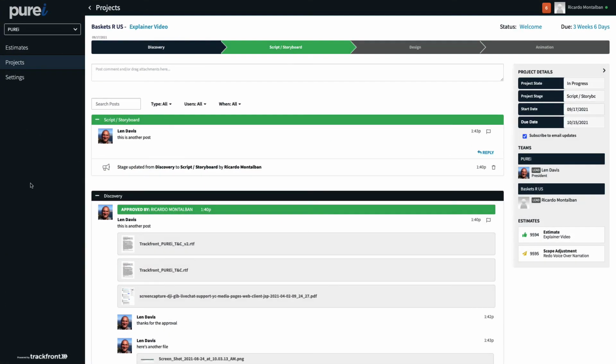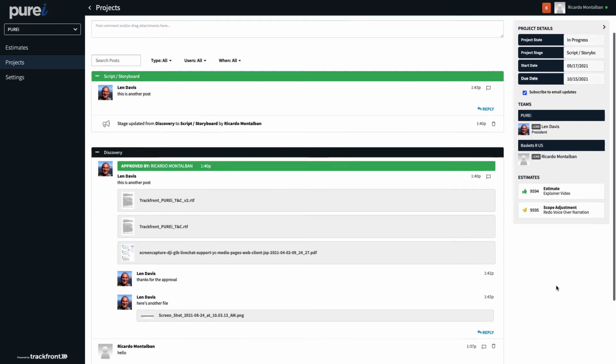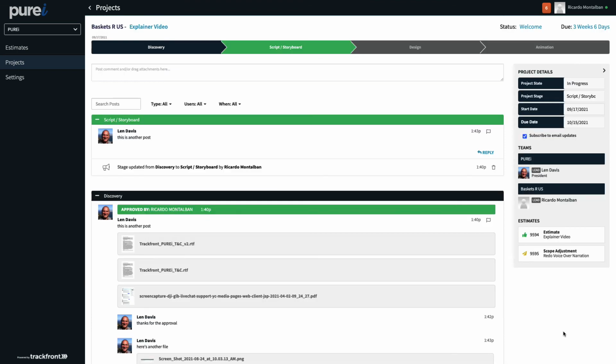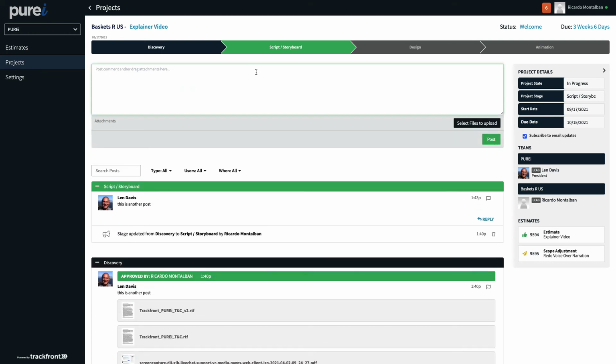So let's take a look at the collaborator or client side of things. It's a very similar interface, except you'll notice there's some things that are not visible, like the time and expense tracking and details that you have here on your view. That is never viewable by a client and or a collaborator because those are only internal to you and your team as paid users. Another thing you'll notice is that when a client or collaborator types another post,